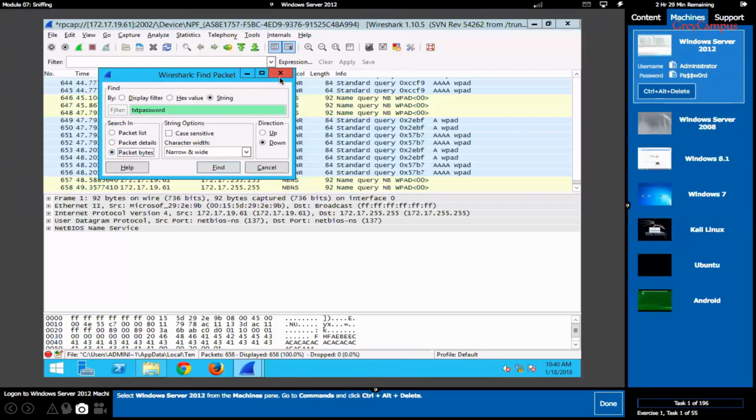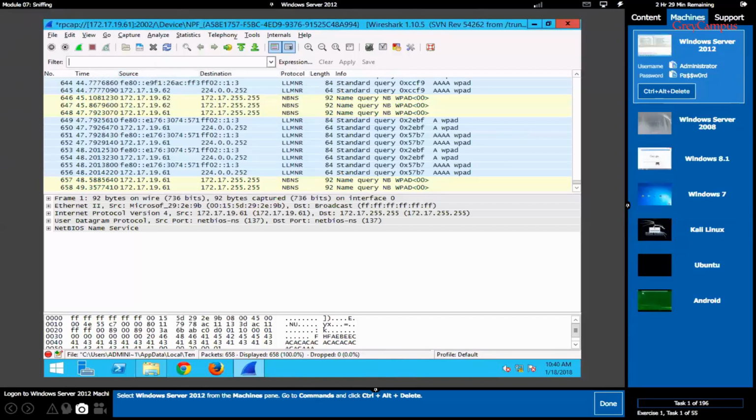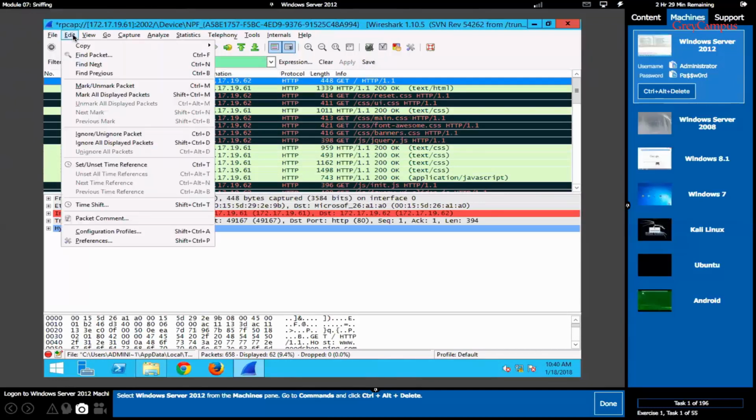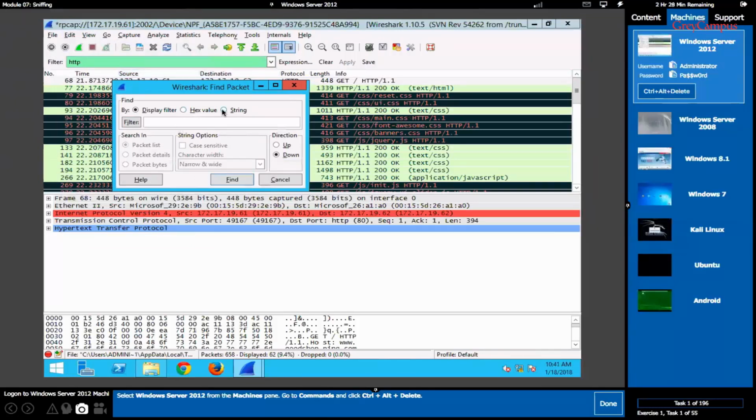It should be HTTP, so let me cancel here a bit. I'll go with HTTP because I see only the HTTP packets. Edit, find packet, and I'll do the same again. txt pass and